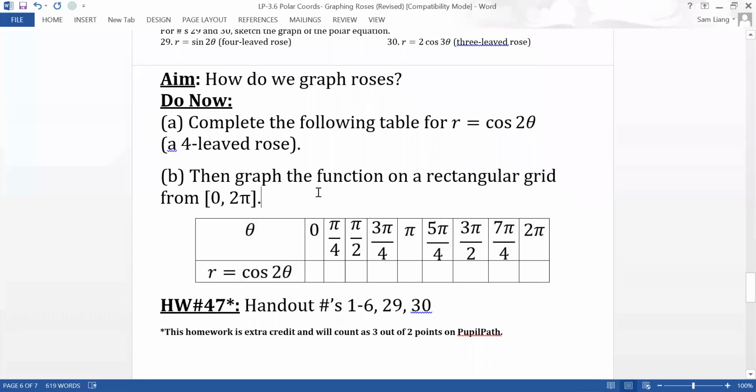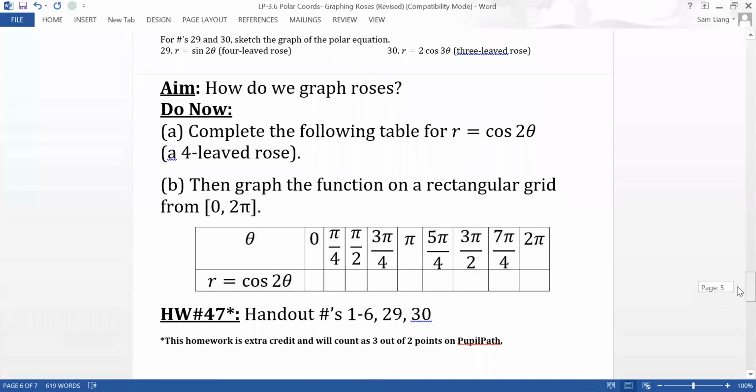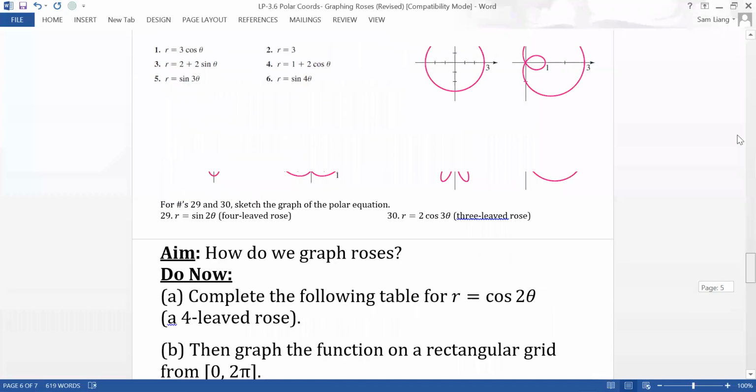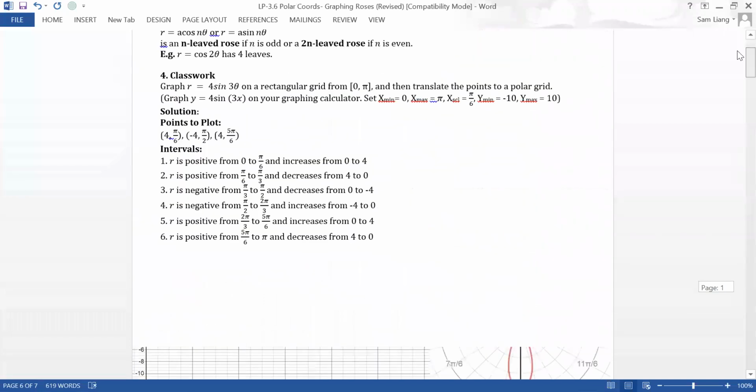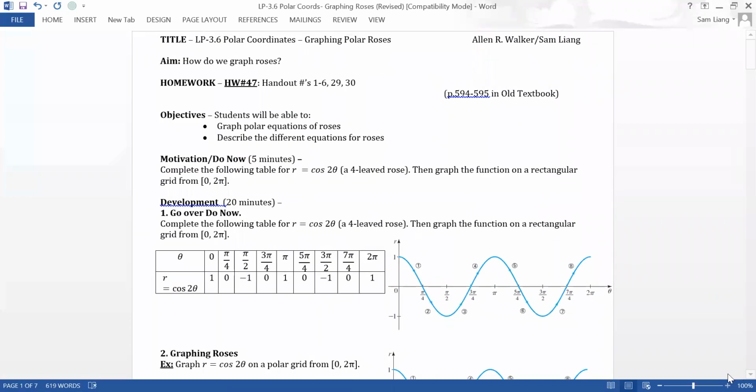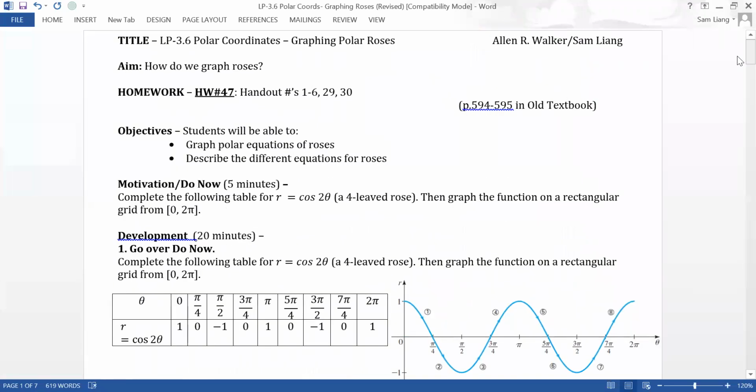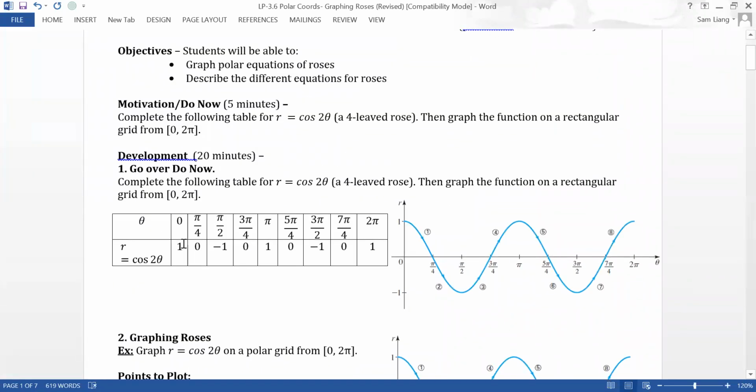All right, so don't worry if you didn't complete this yet. I'm going to go through the solution. I'm going to scroll up for that. Okay. All right, so here it is. Here's the table. The table actually just turns out to be 1, 0, -1,